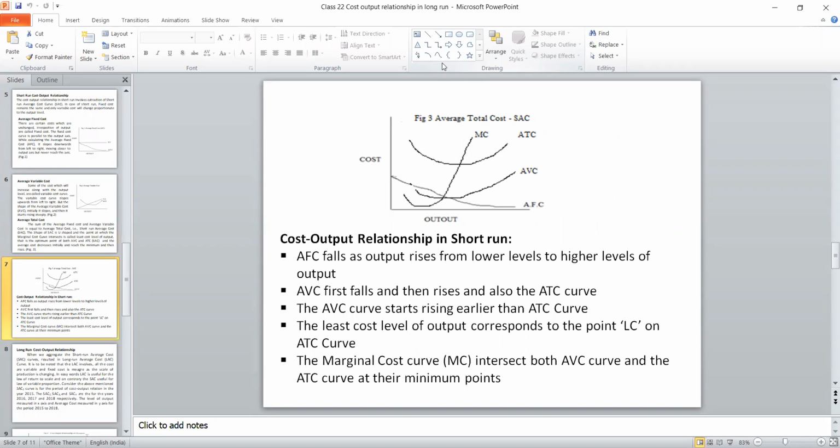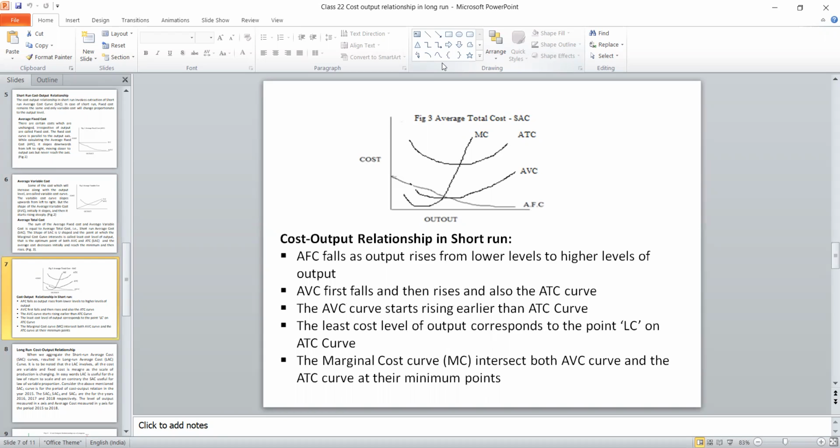First, we have to draw the AFC. AFC slopes downwards from left to right, moving closer to the output axis. The second curve is AVC. Initially it comes down and then it starts increasing. The third one, if we add these two curves, we get a new curve called ATC, average total cost. This is nothing but SAC. SAC means short run average cost. This ATC, average total cost, is nothing but the short run average cost for that